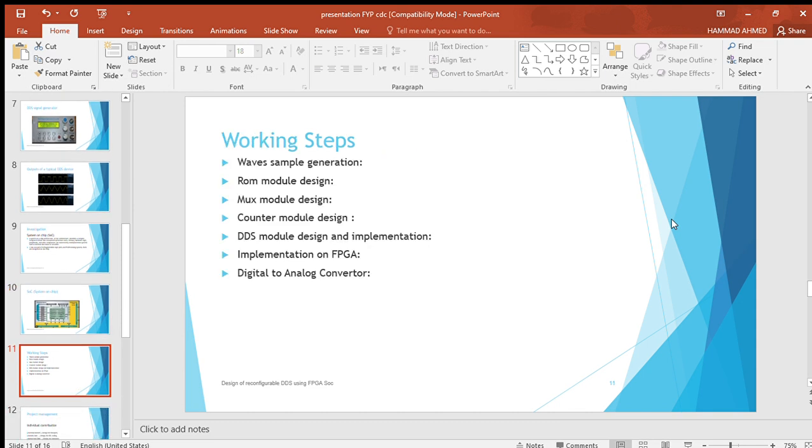Working steps. There are several working steps of this project. First of all, we generated the sine, cosine, rectangular, and sawtooth waves in MATLAB and stored the samples in a file, 4 KB memory for each. Then we designed the ROM module in Verilog. Then we have the mux for selecting one of the waves, and a counter module that will provide the address to the ROM and select a specific ROM, and there is a DDS module design